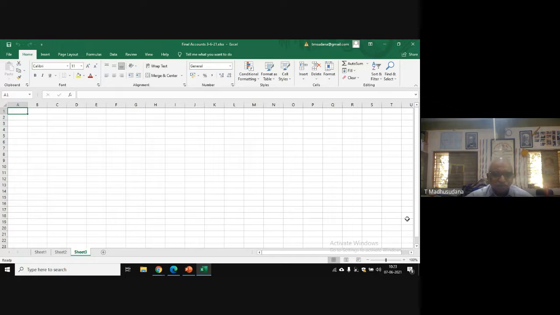Okay. Next, number 4. Interest on capital to be allowed at 10% per annum. So we have to calculate interest on capital, and it is shown on the debit side of the profit and loss account, and again it is to be added to the capital in the balance sheet. Next, 5% of the profit is to be carried to the reserve fund. This 5% on net profit is to be calculated and transferred to reserve fund, and this reserve fund is separately shown in the balance sheet. So like this we have to solve this particular problem.